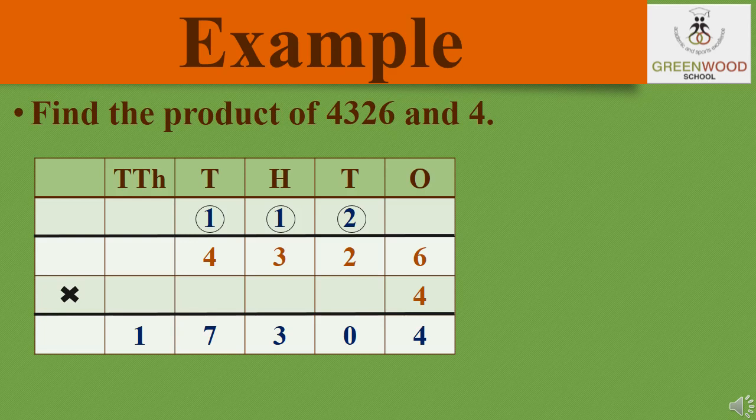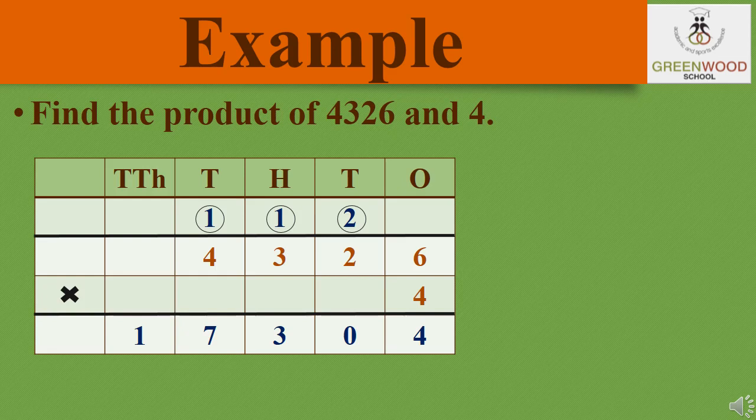Now 4 will multiply with 2. 4 2s are 8, and that 8 plus 2 which we carried from ones. So 8 plus 2 is again a 2-digit number, 10. So 0 we will write down while the 1 will carry on the head of hundreds. Now 4 3s are 12. 12 plus 1 gives us 13. So we'll split the number: 3 down while the 1 goes on the head of 1000 place.